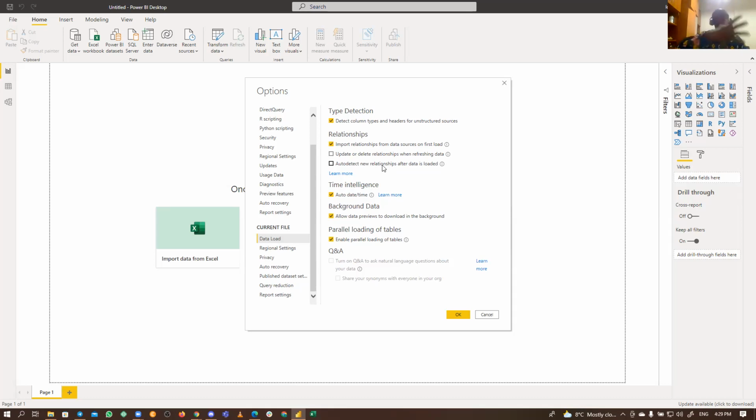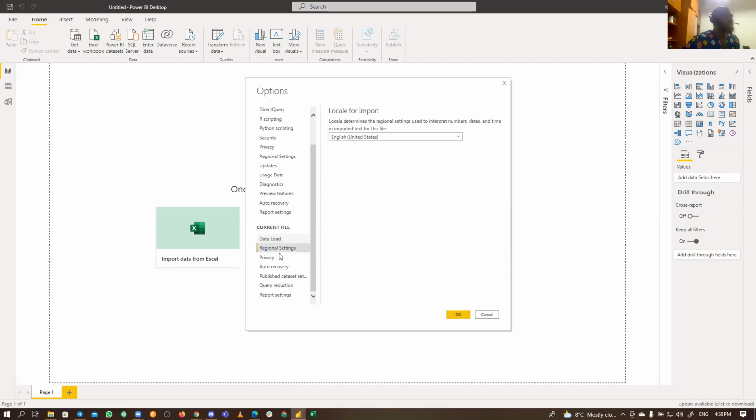You understand? I think that's very important, because Power BI cannot understand the data as we do. Of course, it comes with artificial intelligence, which is one of the interesting features about Power BI. It has AI features. But no matter how smart it is, there are still some things about the data that it doesn't know. So we want to do it by ourselves, and that's why we need to uncheck that.